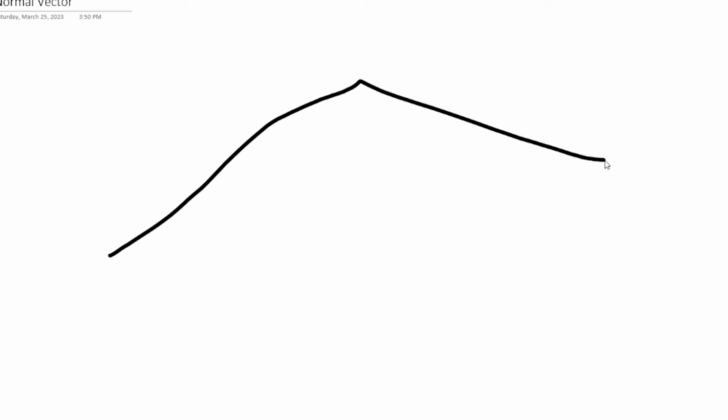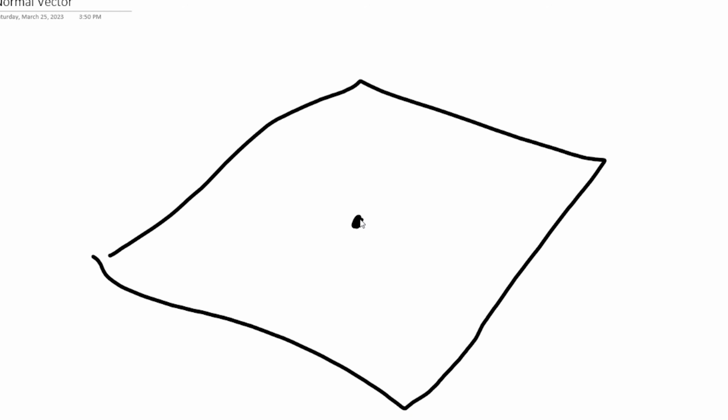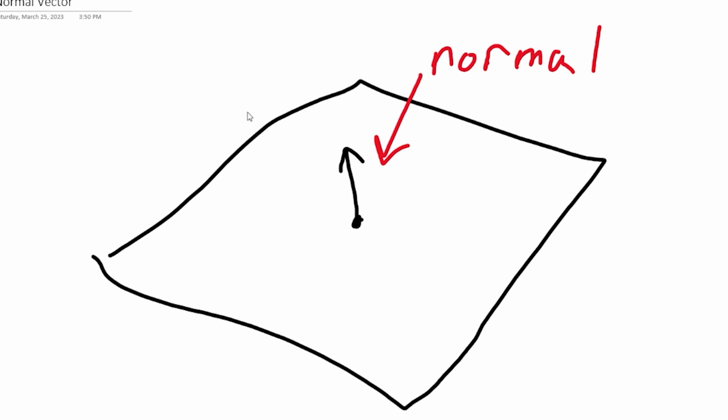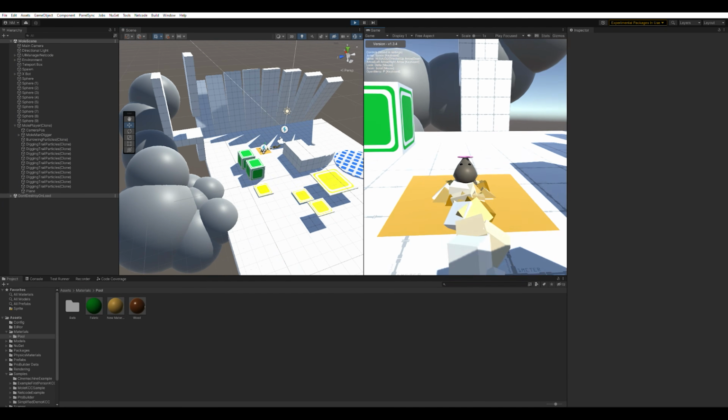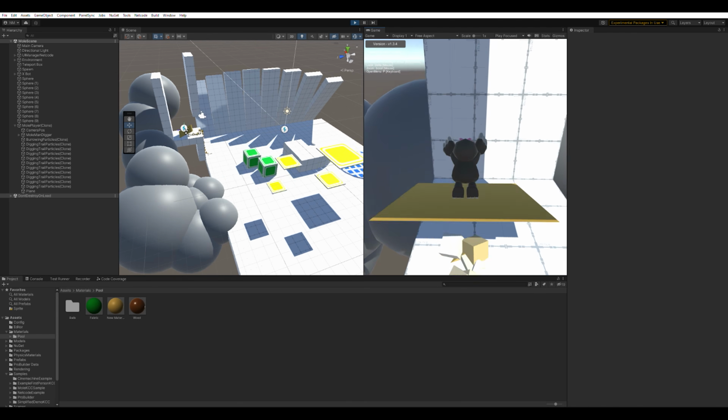The normal vector of a plane is a vector that's perpendicular to that plane. For our mole, we need our rotation to be along the surface that the mole is standing on. We can achieve this by using the surface normal of the plane that the mole is standing on as the vertical component. This allows us to stay on the plane, but doesn't quite tell us what direction we should rotate